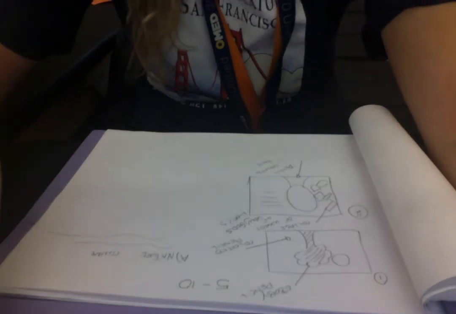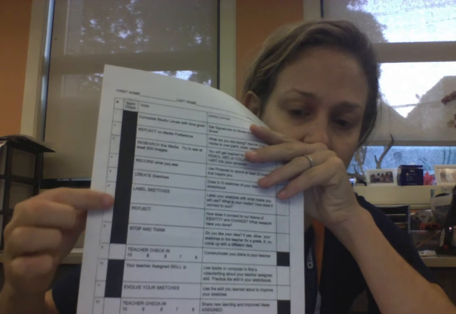That is when you are going to stop and think. Okay? So you need to choose 1 or 2 of these ideas to bring to me. You'll notice on your paper, this whole part is black until we get here. As you do these things, you can put your own check mark. Check, check, check. I've looked at the image. I've drawn my sketches. I've labeled my sketches. I've reflected. I'm stopping and thinking, okay? It's not till you get to a black space that you bring it to me. Of course, I'll be here for questions as you're going through, but you bring it to me for your